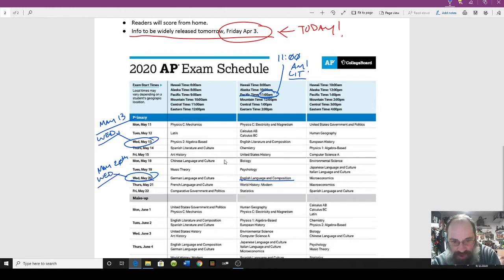And so if you look at the little table, here's the days, here's the times. Like you German Language and Culture folks, note that in this column, things take place at 9 a.m. So if you're doing any of these other tests, some of you may have to get your butts up, but it's 9 o'clock.